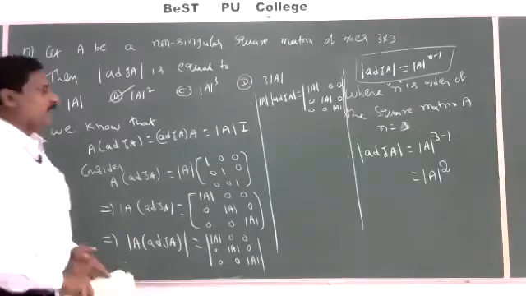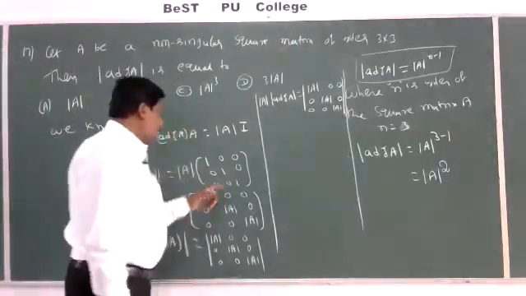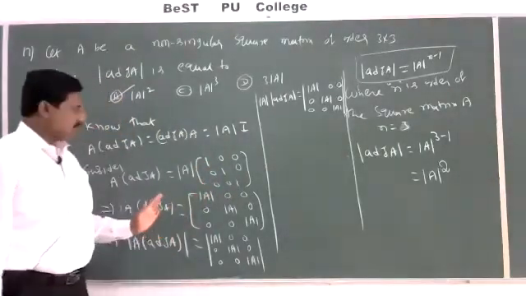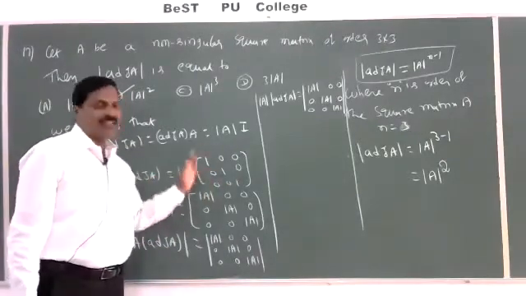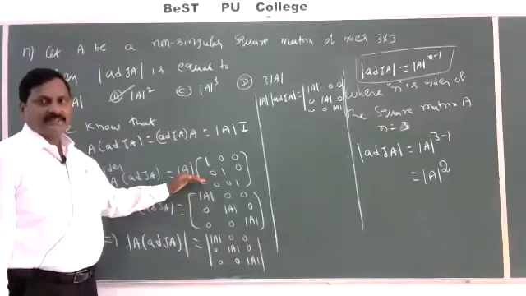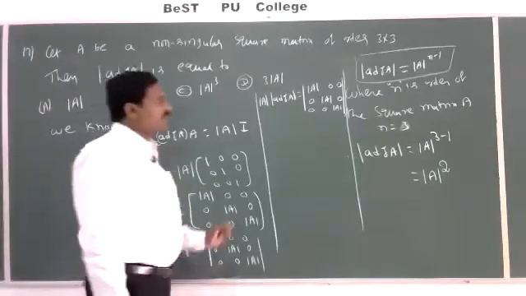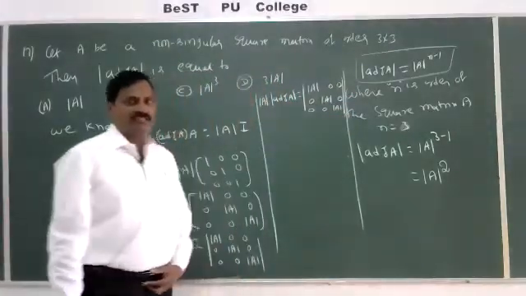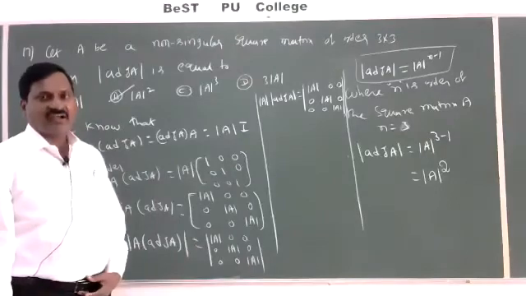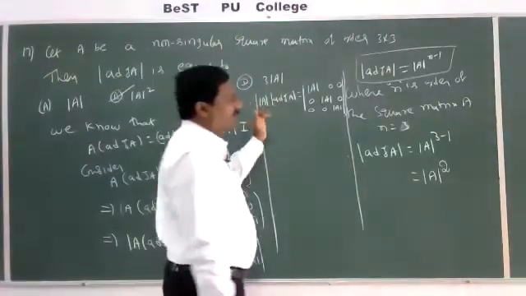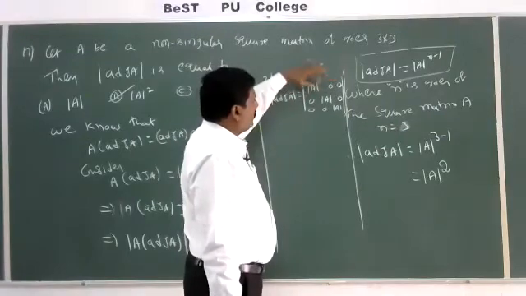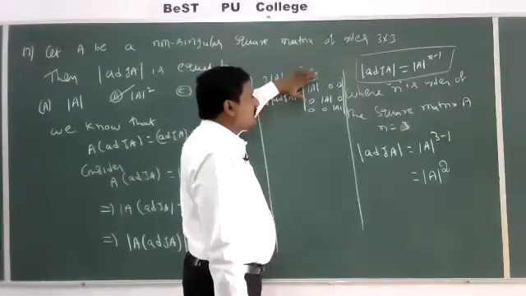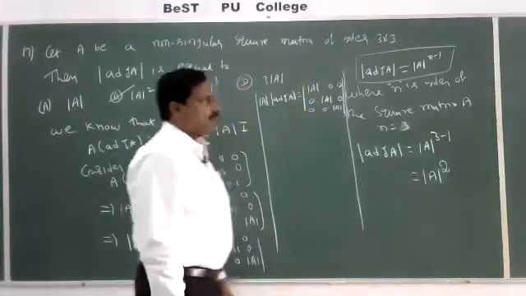Now in determinants there is one property. In general maths, if a constant multiplies all the elements, we can take it outside. But in determinants, if any row or any column contains a common element, we can take that common factor outside. Here in the first row we can take det A common, and from any row or any column.